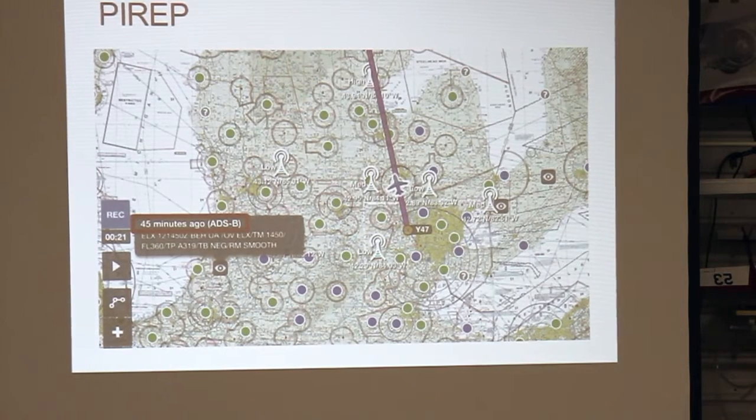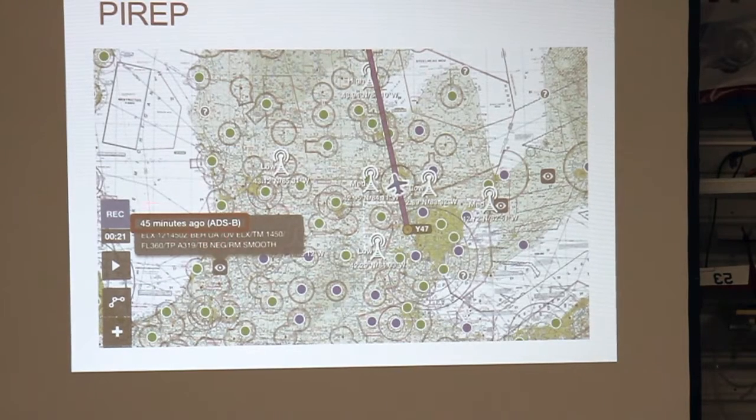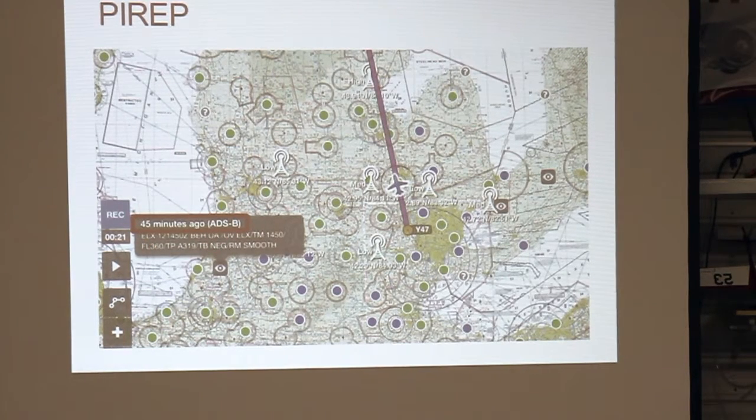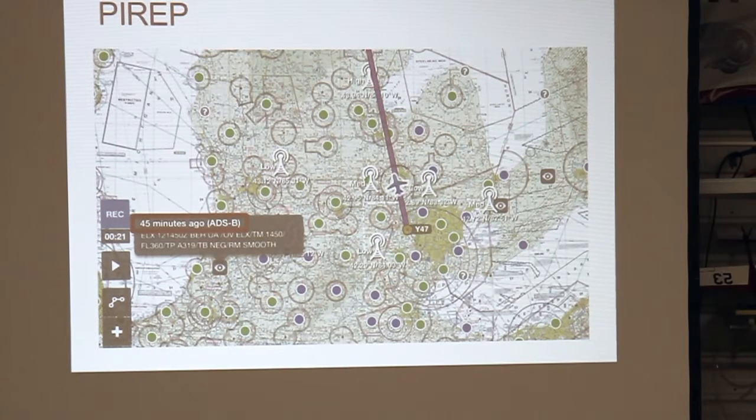This is what a PIREP looks like. You get all of these as they come in. I feel like it's pretty useful. You'll see it in ForeFlight when you get ADS-B, and in any other EFB,